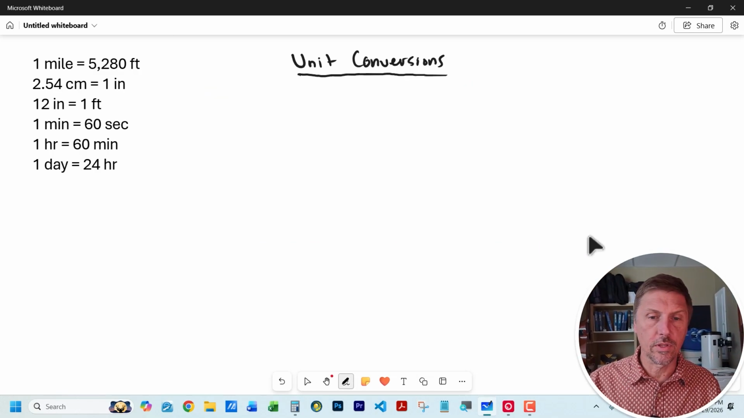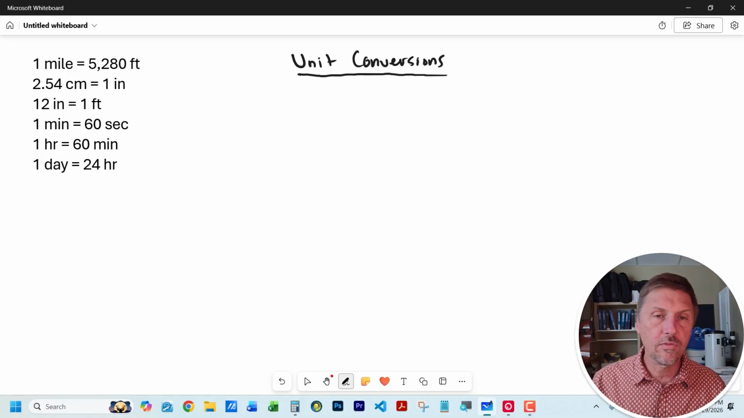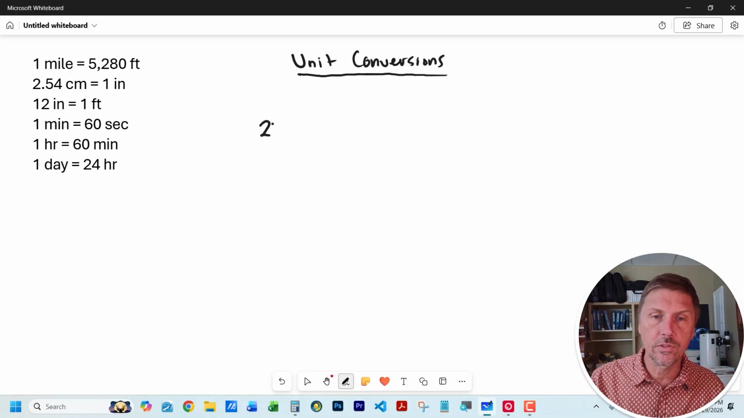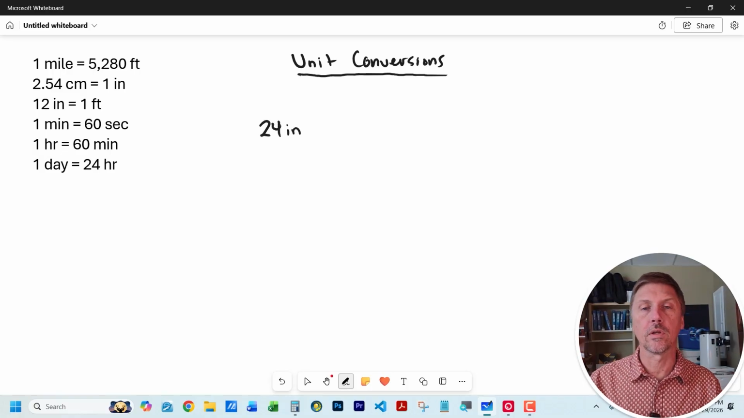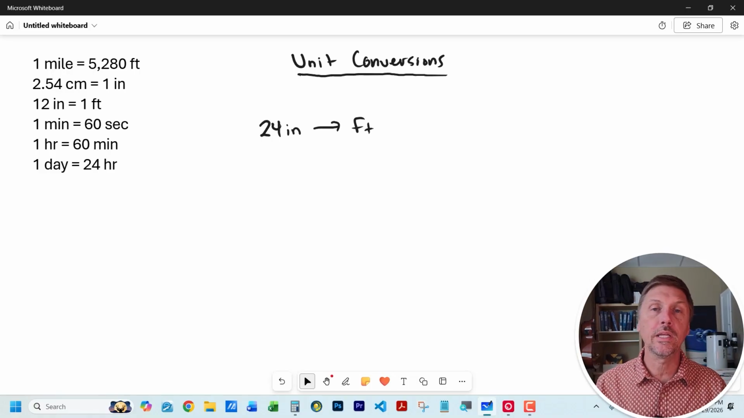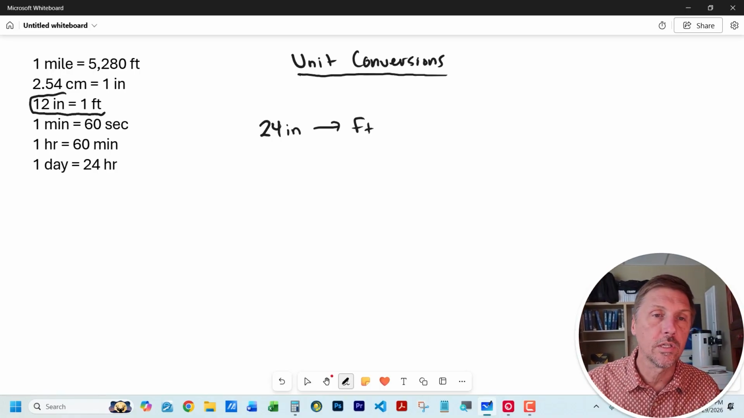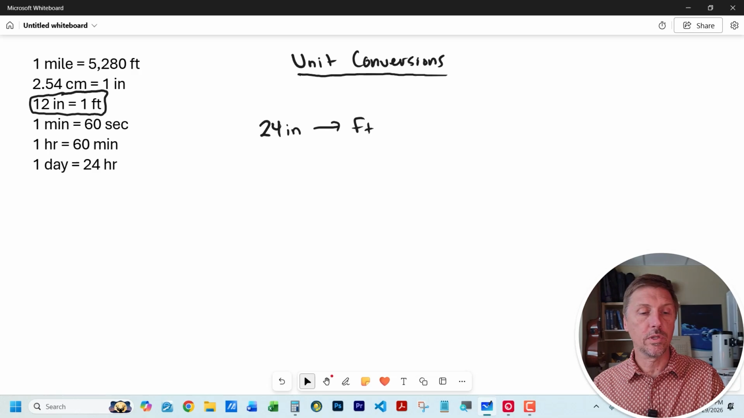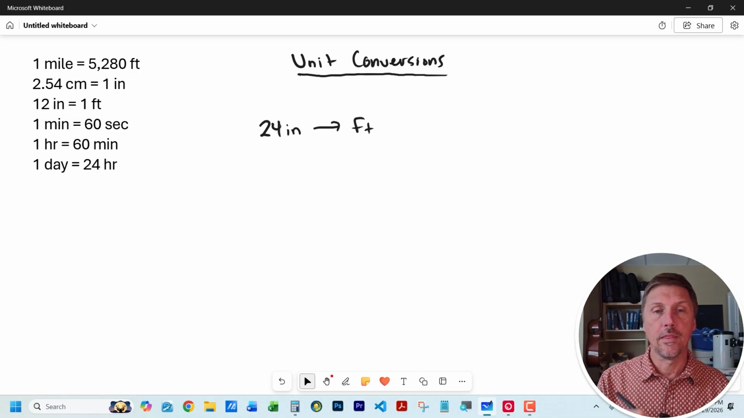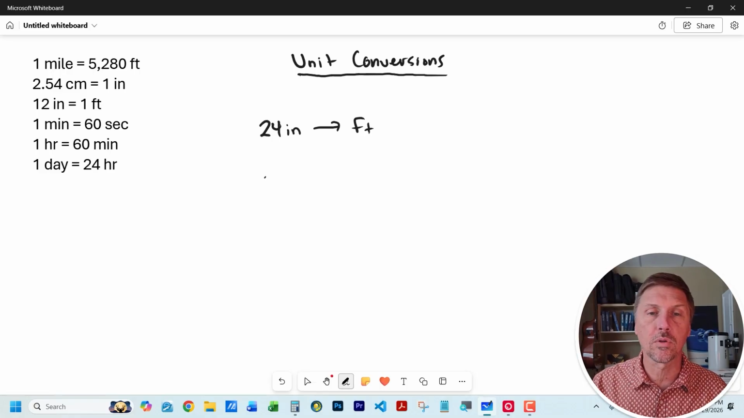Let's start off with a simple one. We want to convert 24 inches to feet. If we know we want to convert inches to feet, then we need a conversion relationship that shows us how many inches are equal to a certain number of feet. We have that right here: 12 inches equals 1 foot. We're going to make what we call a unit multiplier out of that, and multiply it times 24 inches. So, 24 inches times